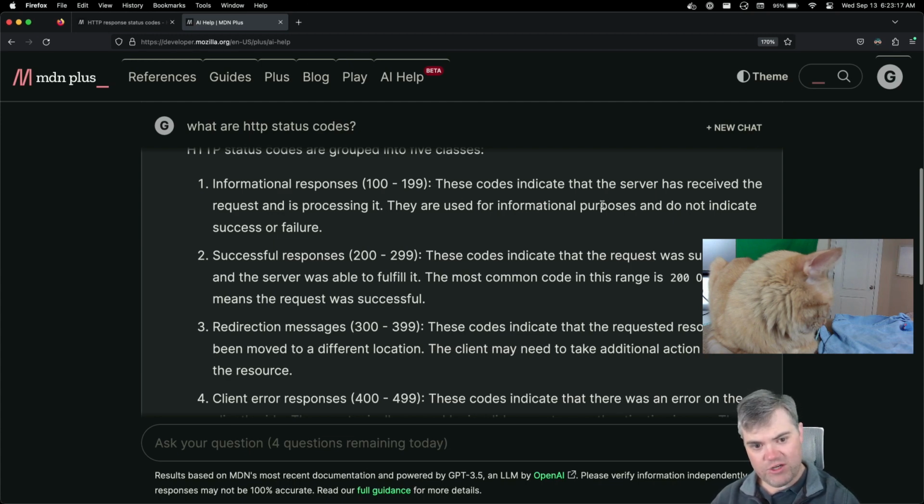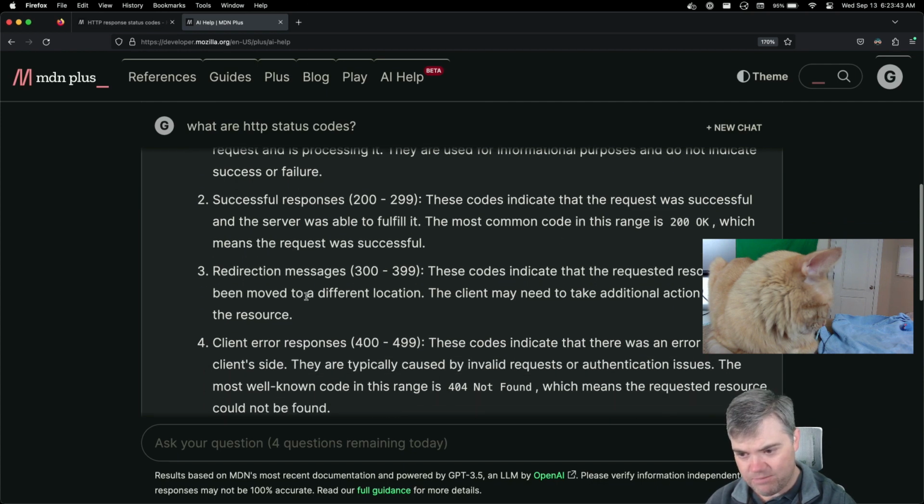They're used for informational purposes and do not indicate success or failure. Yeah. There's also a 200 level that basically is the same thing. Request successfully received and has begun processing. Successful responses, 200 to 299. These codes indicate that the request was successful and the server was able to fulfill it. The most common code in this range is 200 OK, which means the request was successful.